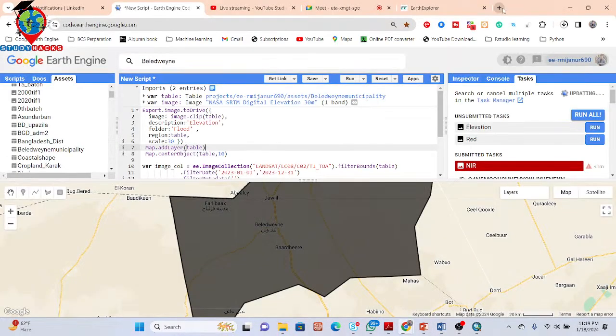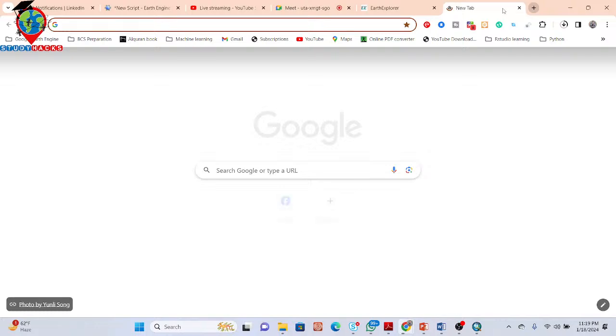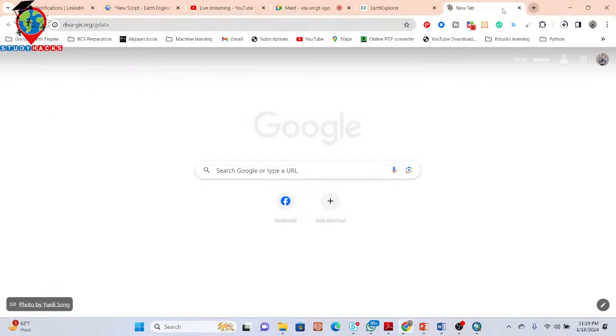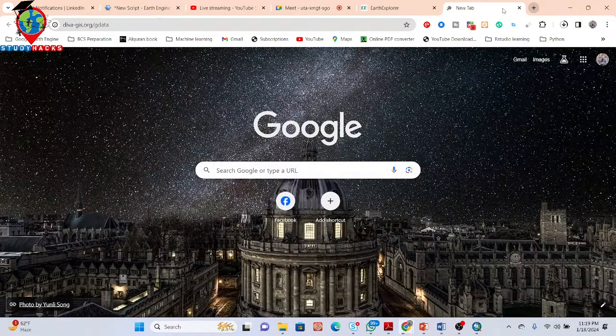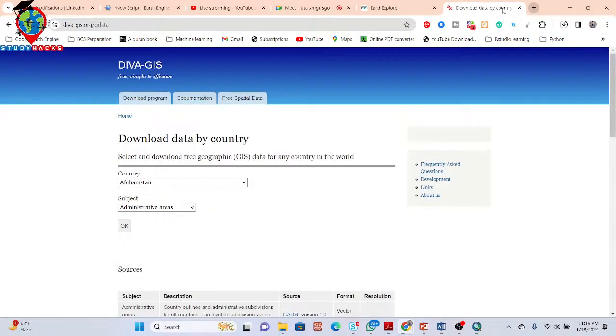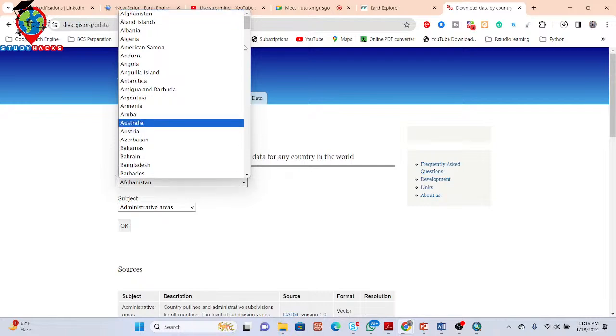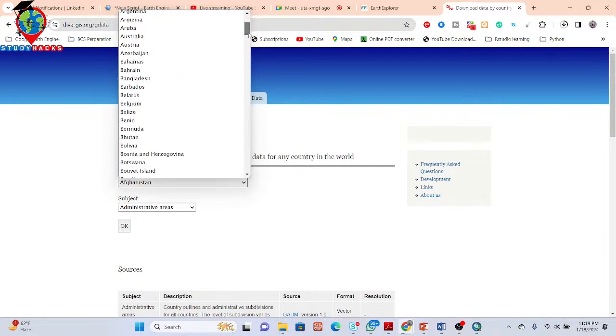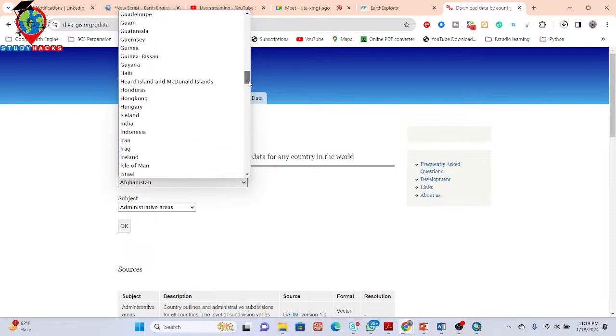Mainly we can easily download it from here. You can simply go to DIVA-GIS, this website. We can easily get that. And then further you can simply select your study area, your country. Is it Somalia? Yeah, it's Somalia. Okay, so we can get all of the Somalia river and